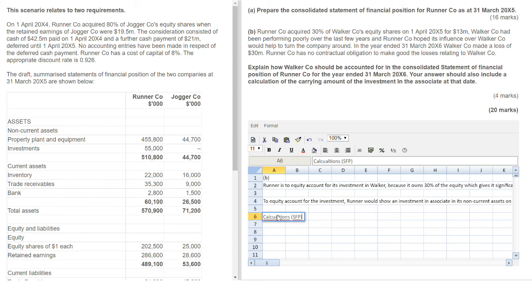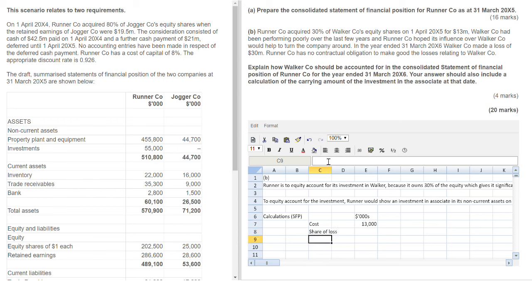The calculations, I think, just wanted it on the SFP, didn't it? Your answer should include a calculation of the carrying amount of the investment in the associate at that date. So here we look at the cost. So again, we're going to go through there and work in thousands. So the cost was at 13 million. So that's there at 13,000. To which we then go and adjust, don't we? Is it for our share